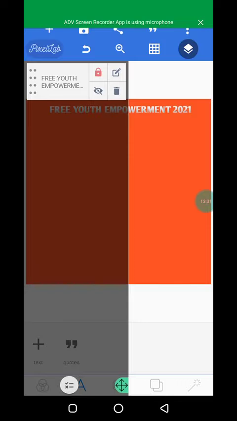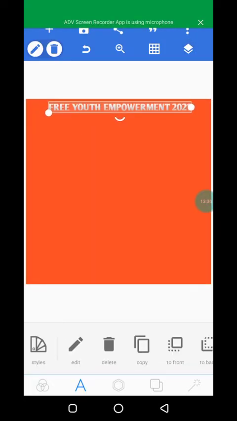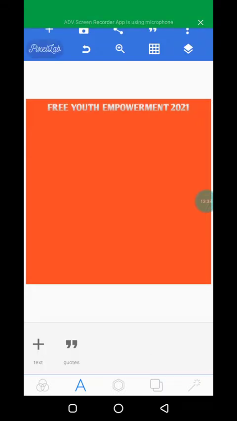So let me quickly adjust this text so it's not overlapping well. Let me make it fit well before locking it. So yes, let me lock it now. You can see it's no longer moving. So now Empowerment